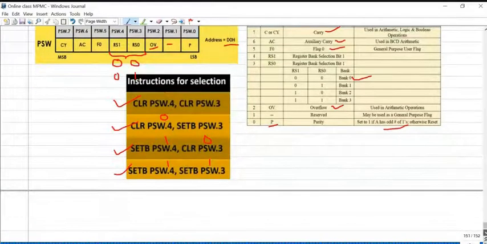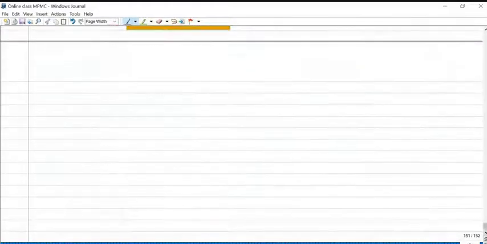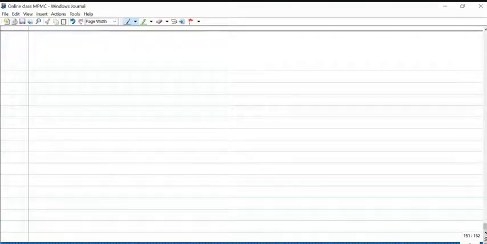Now let me start the logical instructions in the microcontroller.